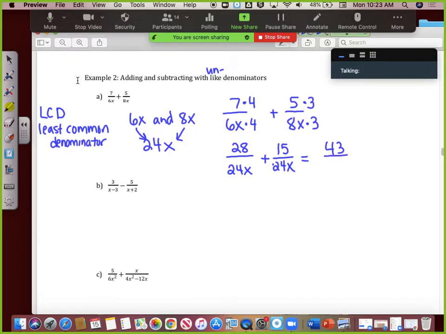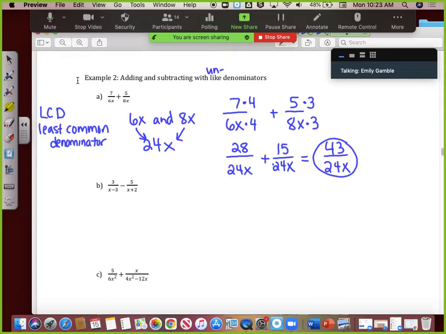43 over 24x. All right, and then it looks like I can't simplify that, so that would just be the final answer. So that was an example when we just had one single term as our denominator, but in letter B, it's